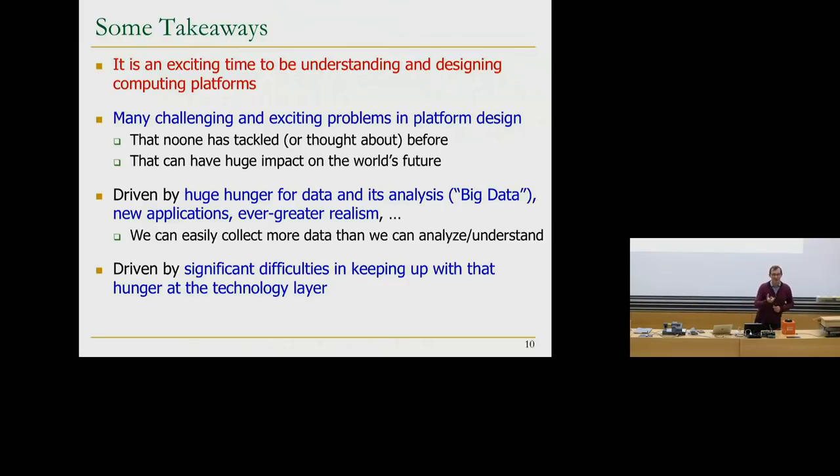The transistors and the capacitors that we relied on building these circuits are becoming less and less reliable. They're becoming more and more leaky, less and less energy efficient. So how do we actually design systems that are efficient even though we have technologies that are not so reliable at the bottom? Again, technology may not be reliable, but you can build abstractions on top of it that may make